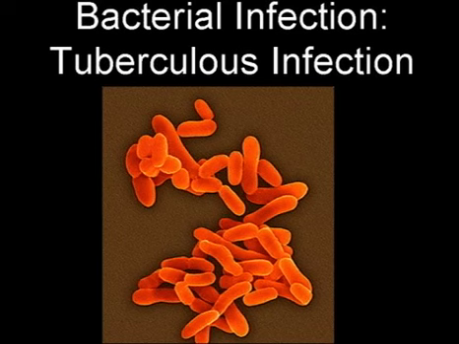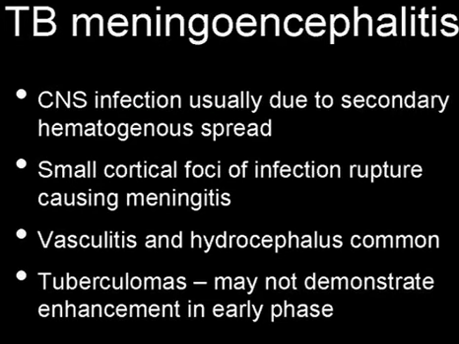Next thing we'll talk about is tuberculous infection. CNS infection is usually due to secondary hematogenous spread in the setting of primary disease elsewhere, and small cortical foci of infection form. These then rupture, resulting in a distribution of meningoencephalitis. Vasculitis and hydrocephalus are common, and the distribution of these lesions tends to be more basal than we typically see with a routine bacterial meningitis. In addition, the amount of enhancement that we see can sometimes seem more diffuse and even pachymeningeal. Tuberculomas are parenchymal lesions which may not even demonstrate enhancement in the early phase, and we'll see some examples of